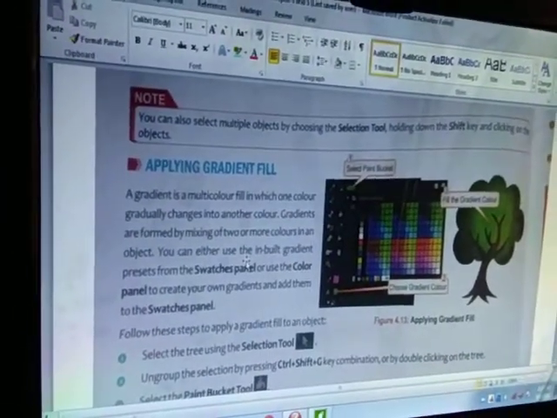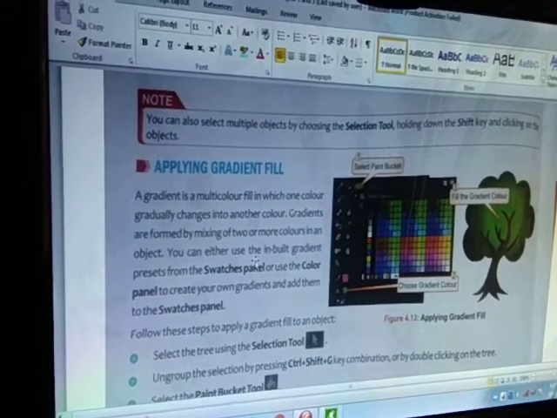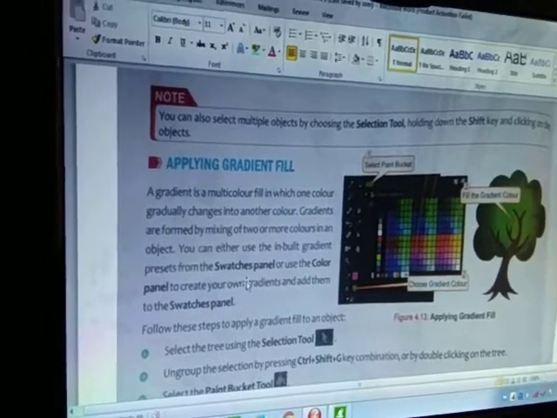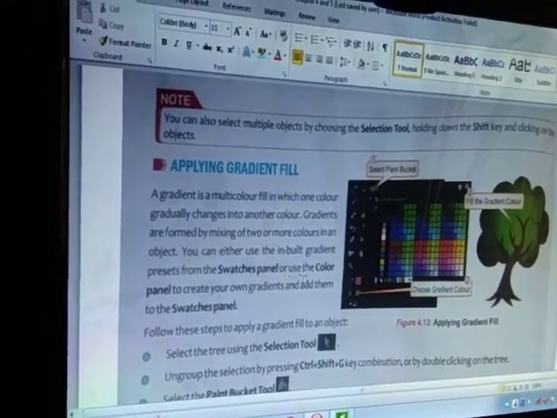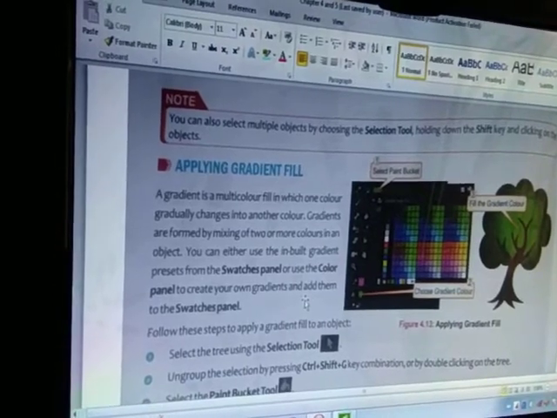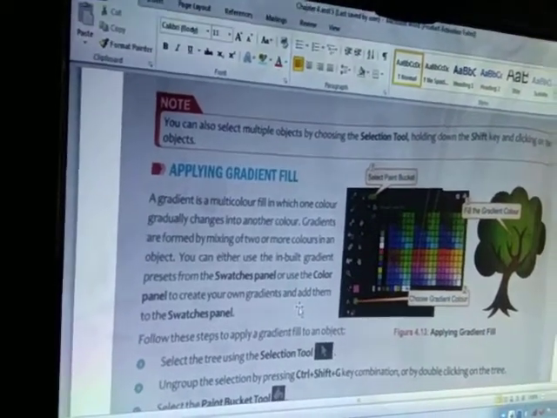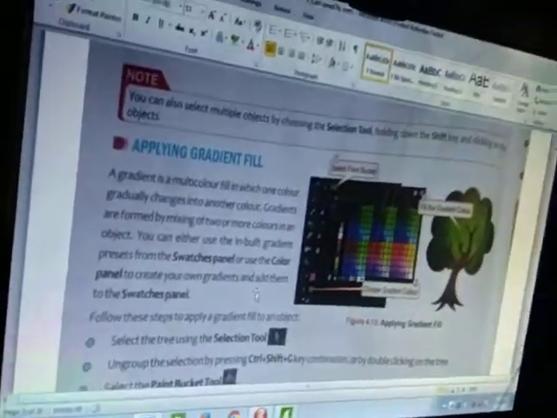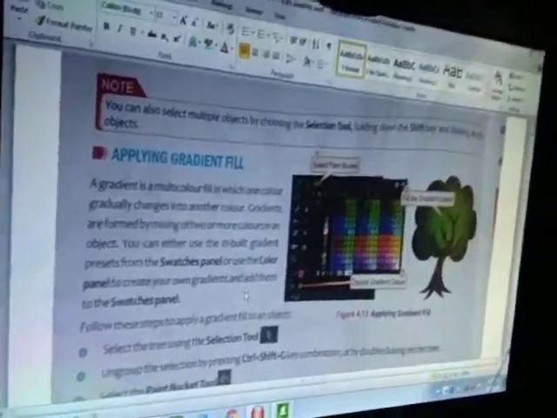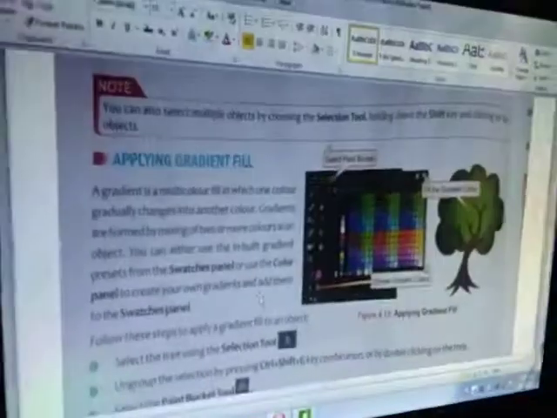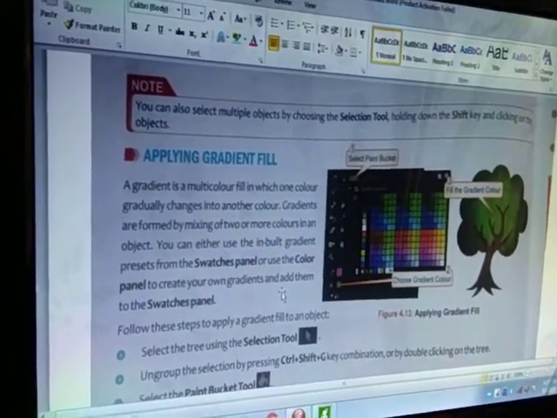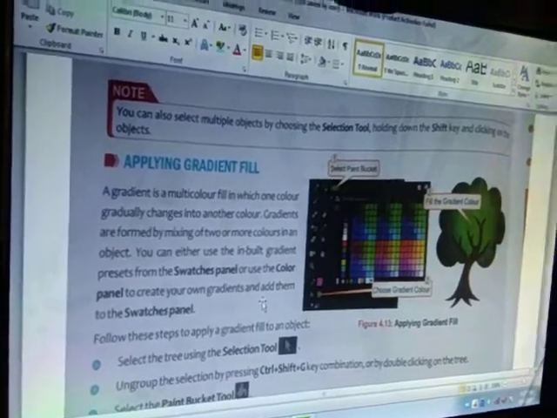Okay. So we can use gradient color through the swatch panel, or use the color panel to create your own gradient. Gradient means the color will start from dark and move ahead and become light, from dark to light, or light to dark.